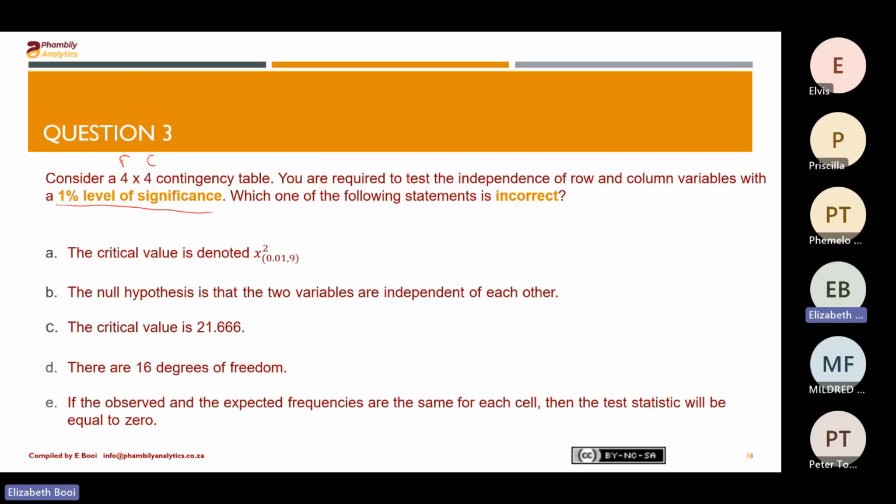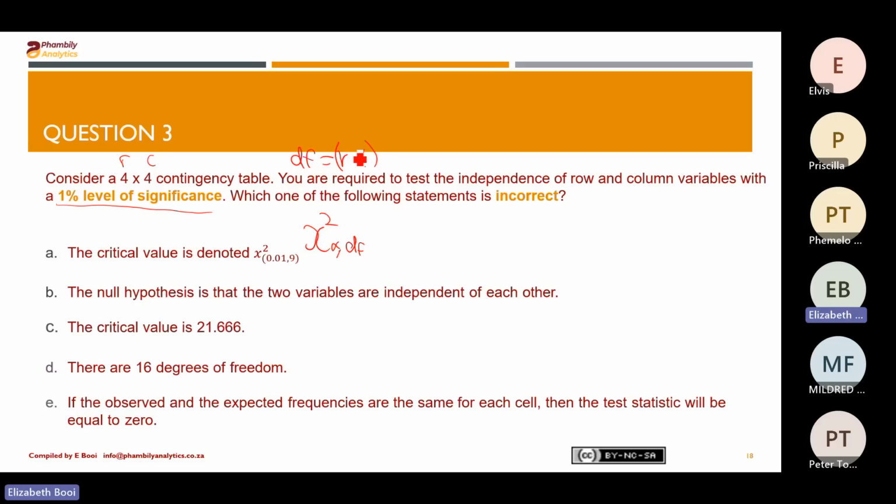Which one of the following statements is incorrect? Number A, it says the critical value will be denoted by that. So how do we write the critical value? Yes, we're going to find the critical value by using alpha and the degrees of freedom. And we know our degrees of freedom